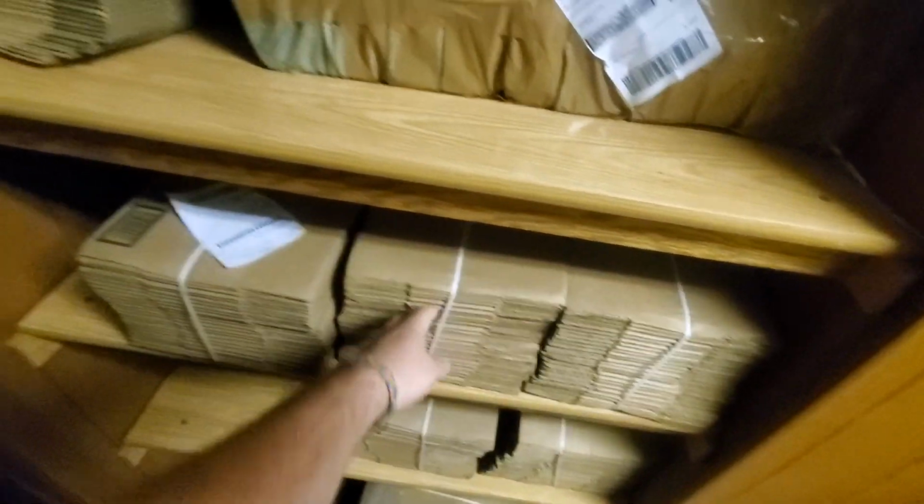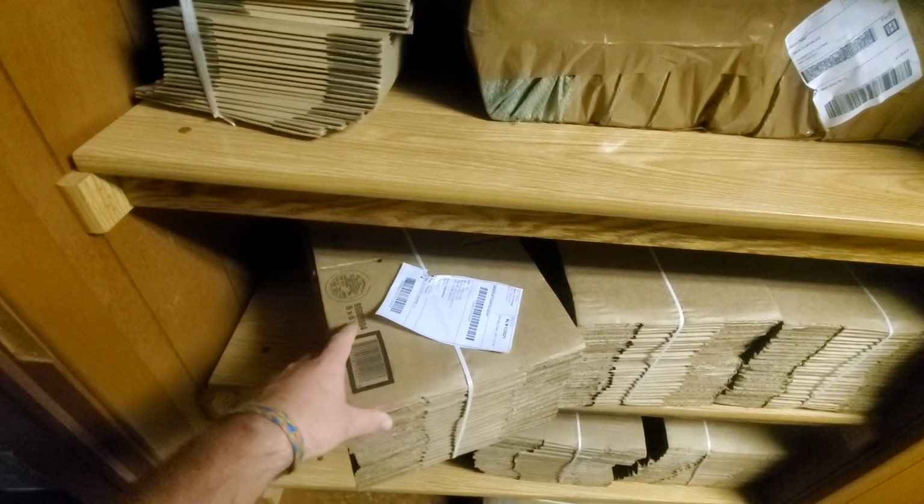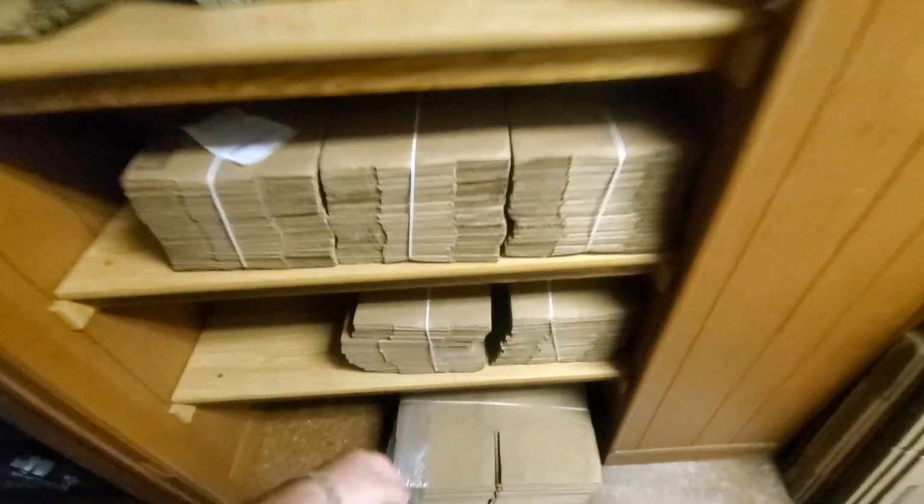The most common box I use for eBay is an 8x6x4. It's probably the most common box I use. And I think these are...